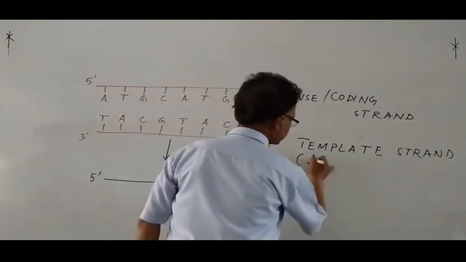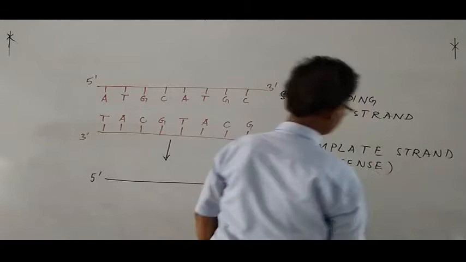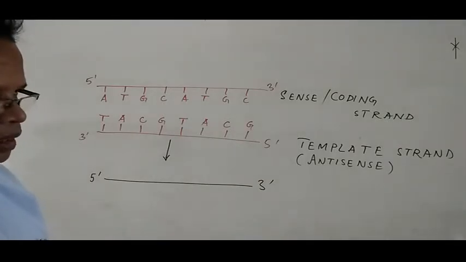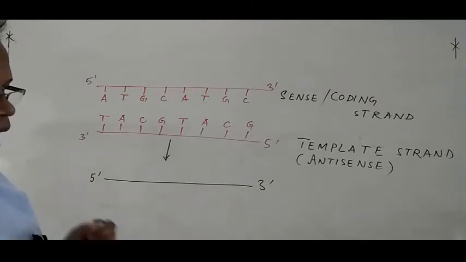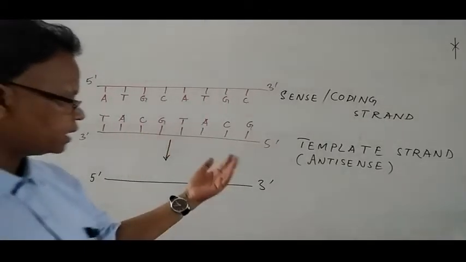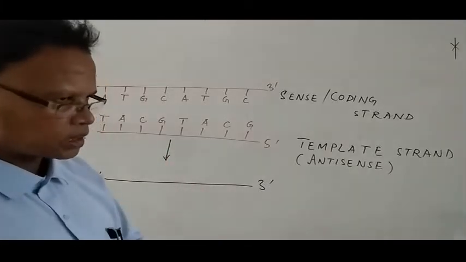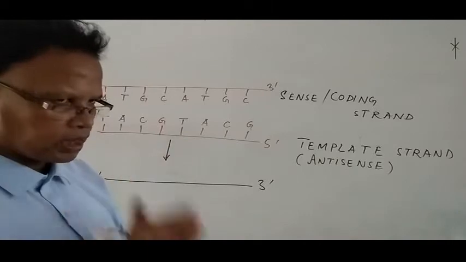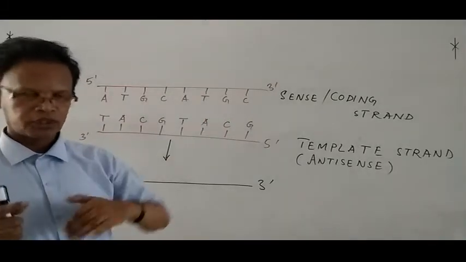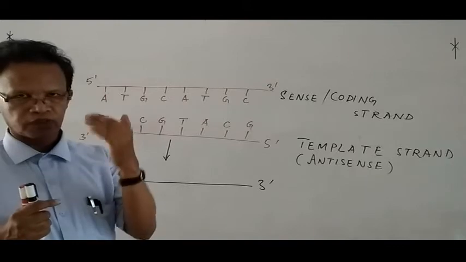So the template strand is antisense strand. Template, antisense আৰু coding, sense strand. The sense strand মানে কোনটা কৰে? The strand of the DNA molecule from where RNA is not synthesized is called sense strand or coding strand. The strand of the DNA molecule from which RNA is synthesized is called antisense or template strand. Okay, usually the newly synthesized RNA, synthesis of a nucleic acid always takes place in 5'3' direction. গতিকে 3'5' strandটো template হ'ব. গতিকে তাৰ মানে ৰিলেশনশিপ এনেকুৱা হ'ল, a 3'5' template strand synthesizes always a